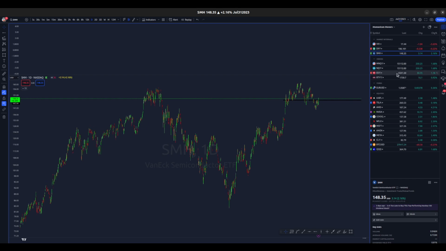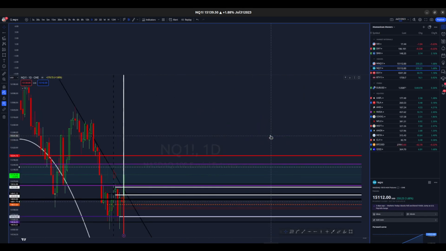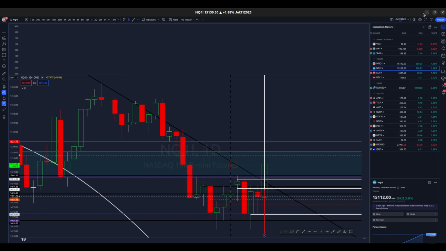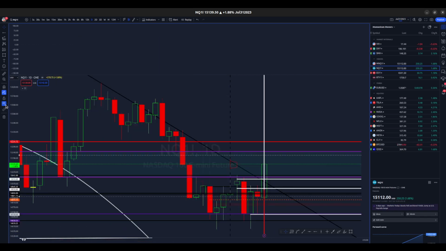We won't cover the ES. I love the Nasdaq. That's what I trade on a daily. I think this is where we'll pretty much stay. Before we get there, though, like I say, we haven't talked about what happened in the Nasdaq. Let's go ahead and cover it as well, and then we'll get into what I expect to happen closer to the ending of the video.